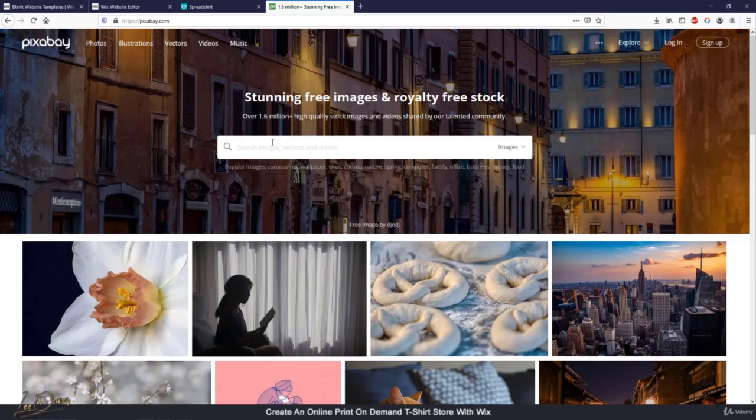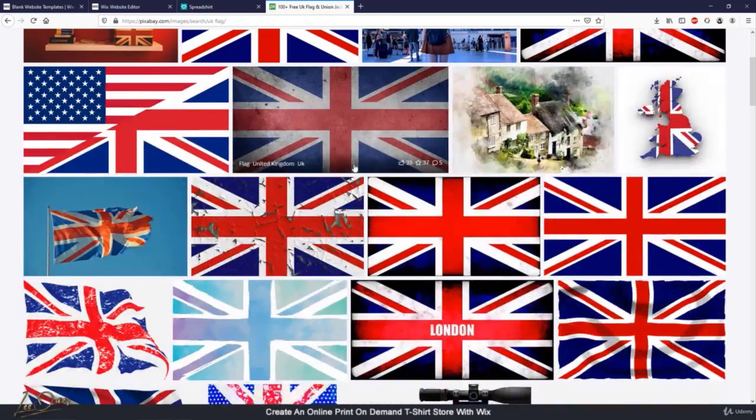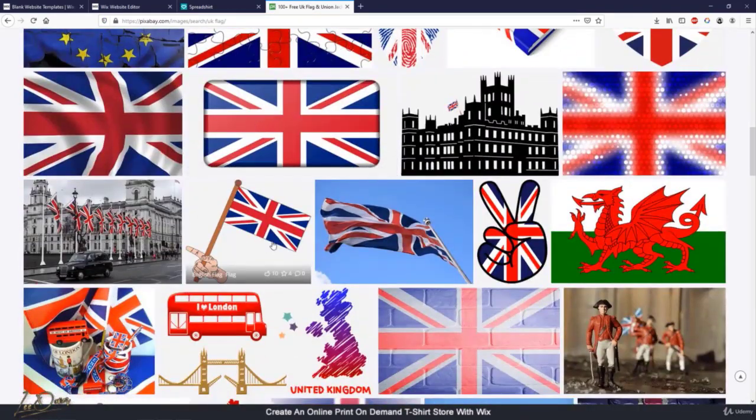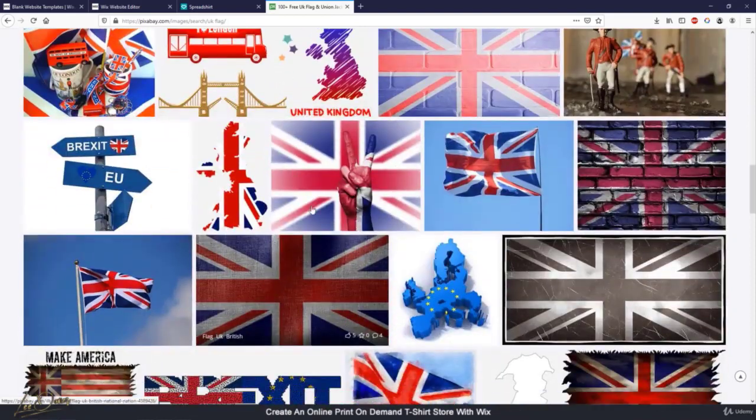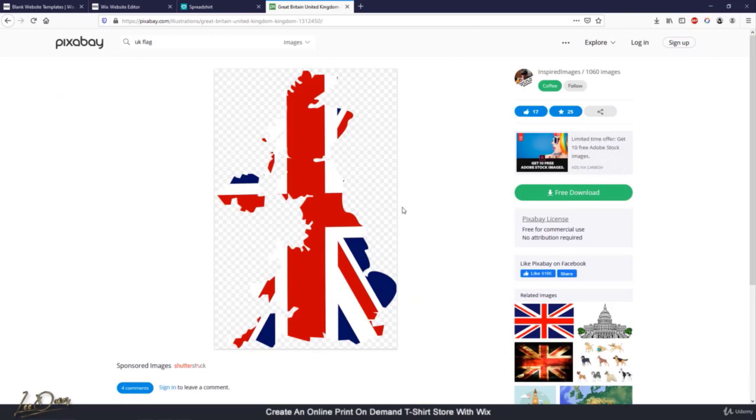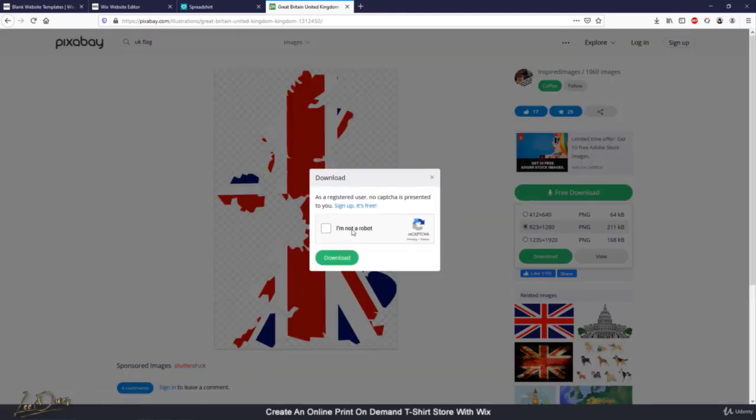So let's have a little look. If I go on here and type in UK flag, let's see what we've got. We've got quite a few designs. Something like this, which is basically the UK with the UK flag over it. So if we select free download, and then just download, I'm not a robot,